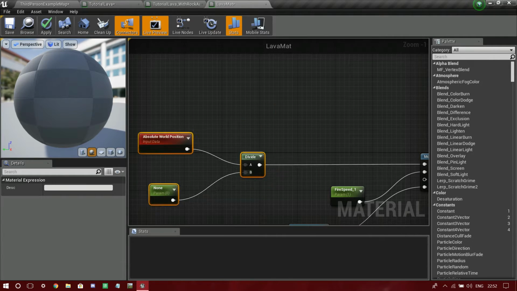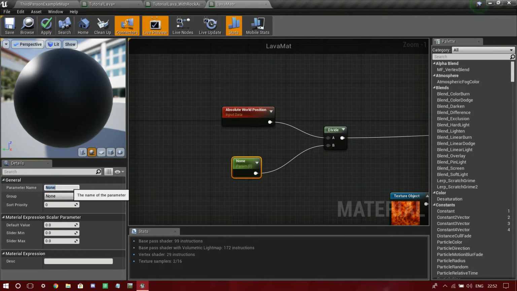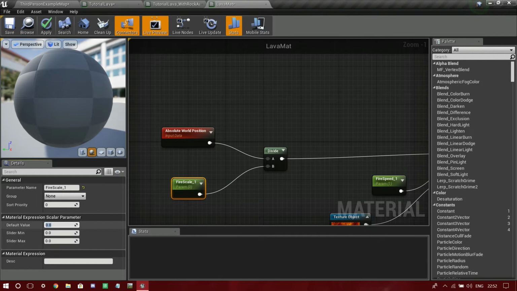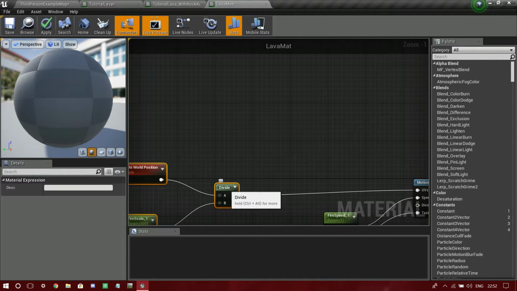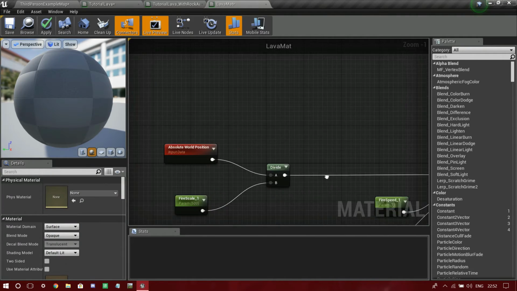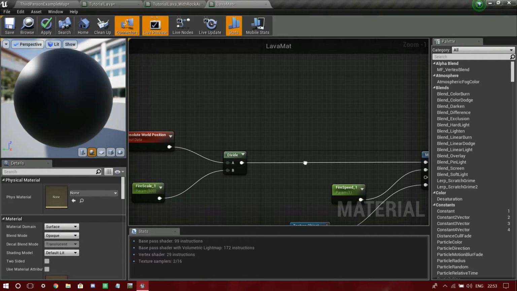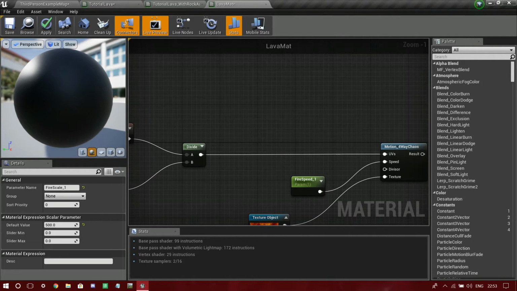Put a distance between these two because I'm gonna edit some stuff here, and I'm gonna name it fire scale underscore 1, right, and put it to something like 500. Now this controls basically the tiling, if you may, not necessarily, but yes, it does a good job. Actually, seriously, I am basically taking the world position and dividing it by my scale,